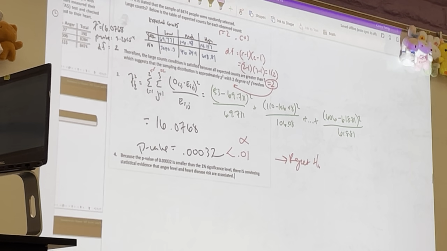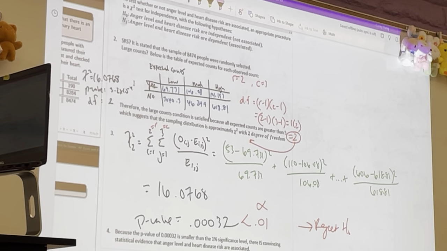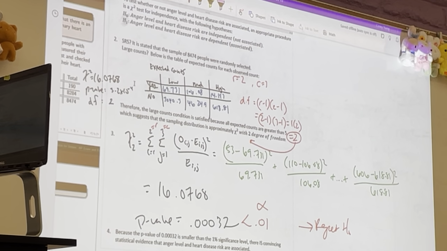And that's all we have to say. Okay? So there is the whole thing. Not too bad, less writing than normal, but again, obviously the calculations look a little bit different because